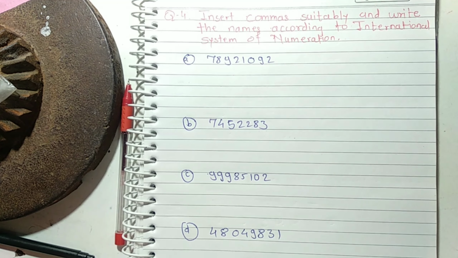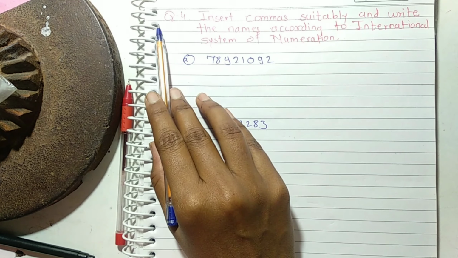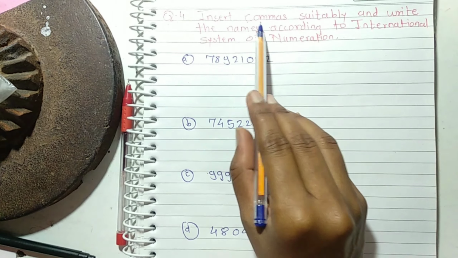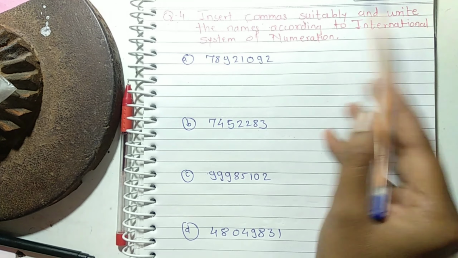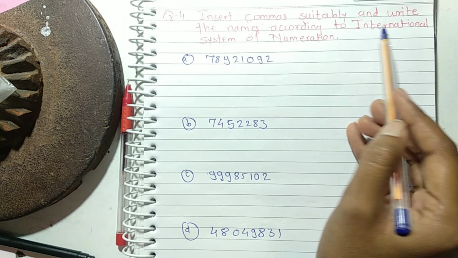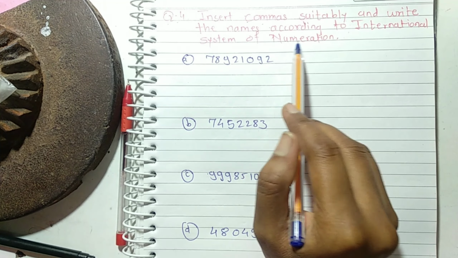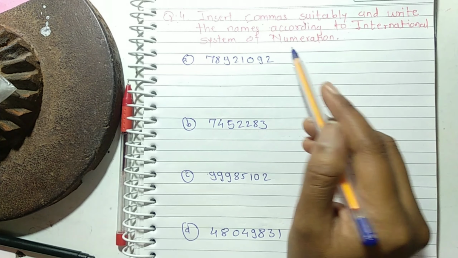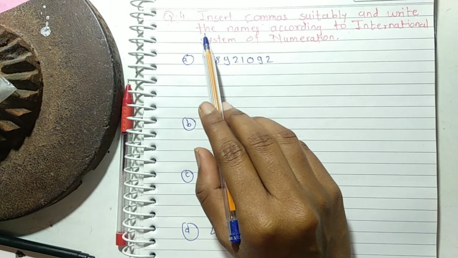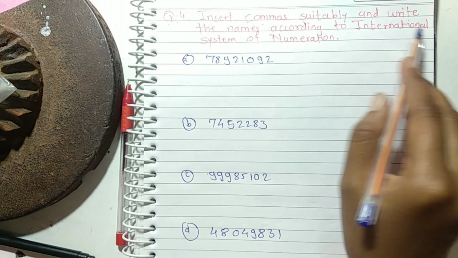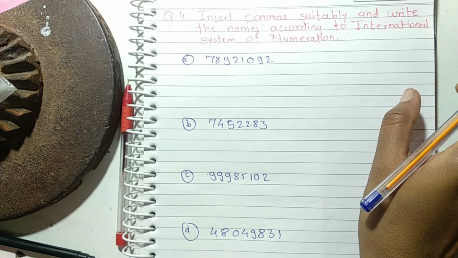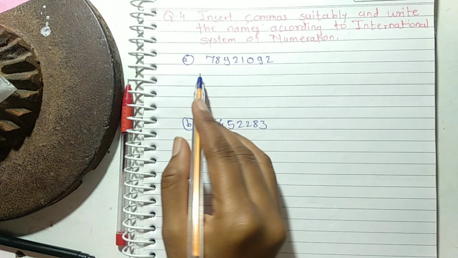Now the next question is question number 4. Insert commas suitably and write the names according to the International System of Numeration. Now we put commas in the International System of Numeration. The first example is,